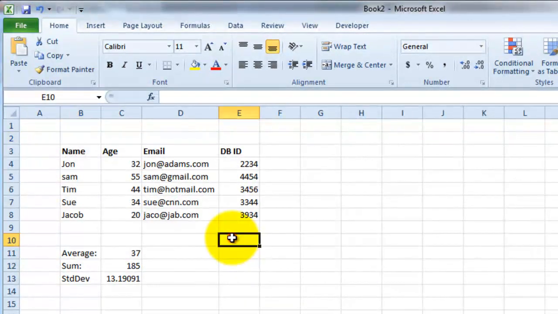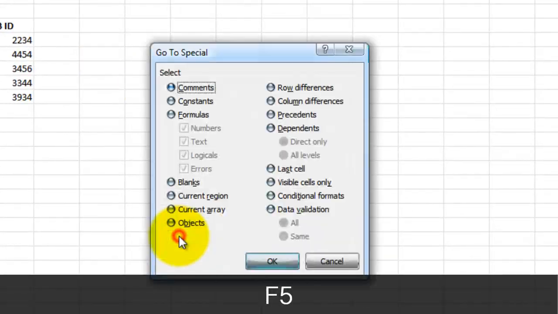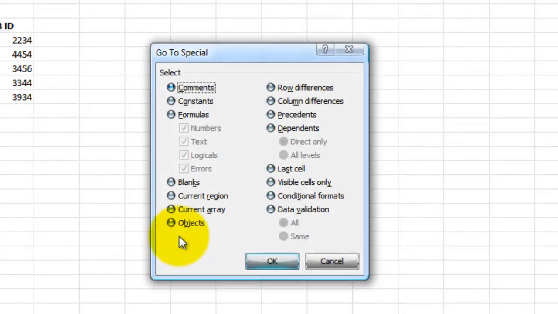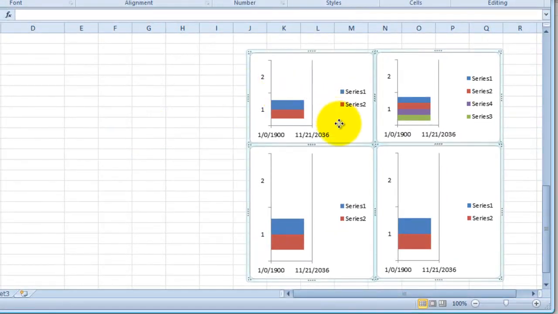So, for example, in this spreadsheet right here, you don't see any objects, but if I click on F5 and go to Special, I want to select all the objects that are within this spreadsheet. I would select Objects, and then click on OK. And notice that it automatically takes you to the place where you've got objects stored in this